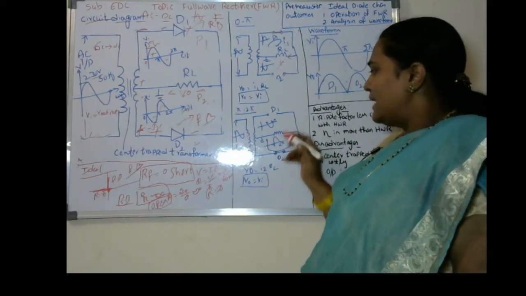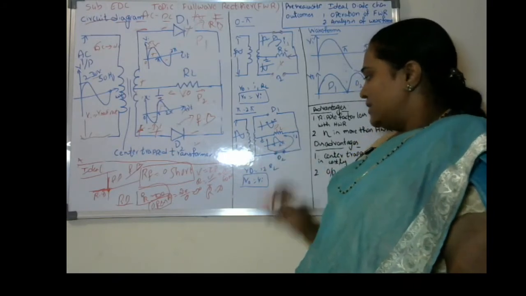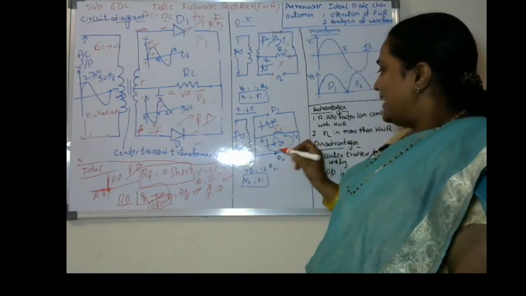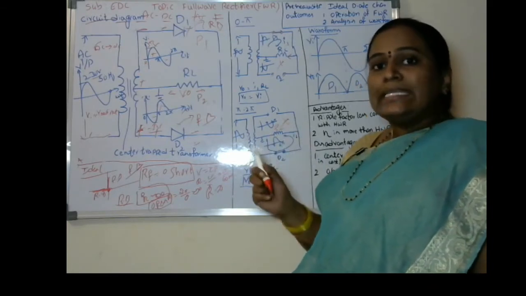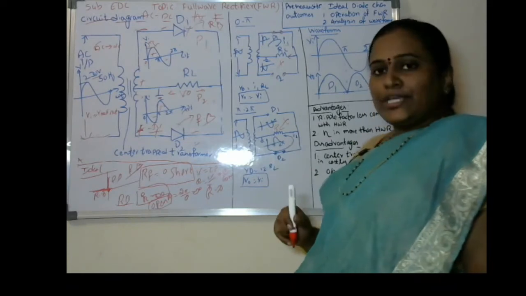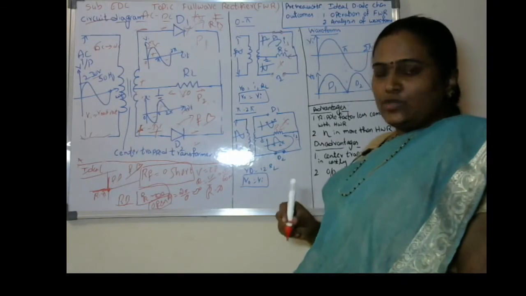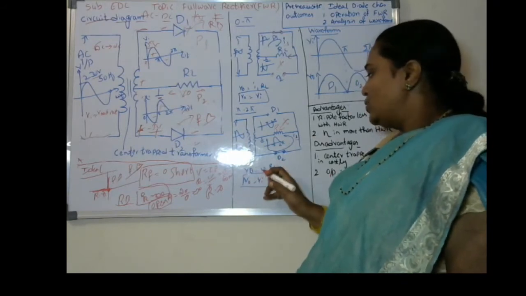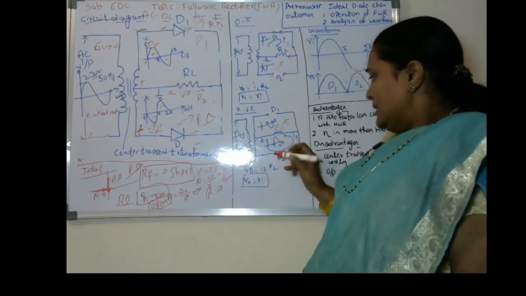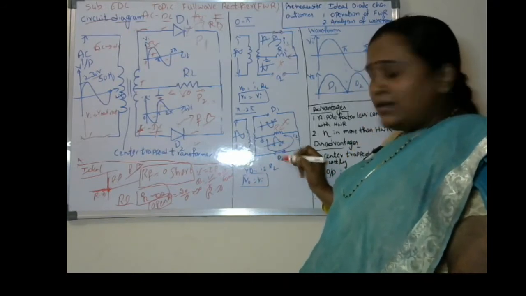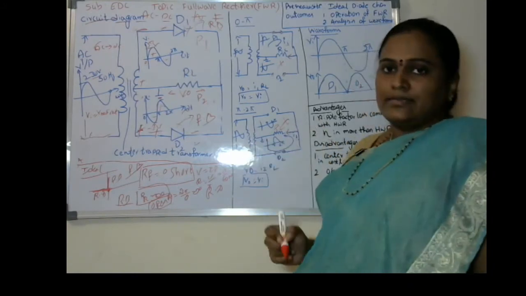Next, we have to go for analysis with respect to the RL resistor. Once we observe with respect to the RL resistor, V0 will be equal to the current. In this case, current does not exist in the part 1. The current exists only in the part 2. In the part 2, I am assuming the current as I2. So V0 will be equal to I2 into RL. Since it has been shorted, no drop will be there. So whatever amount of current is there, it enters into the RL resistor.